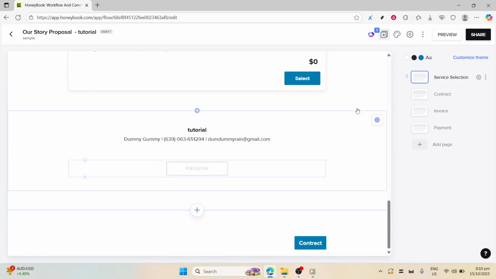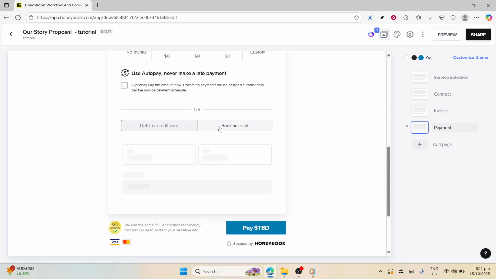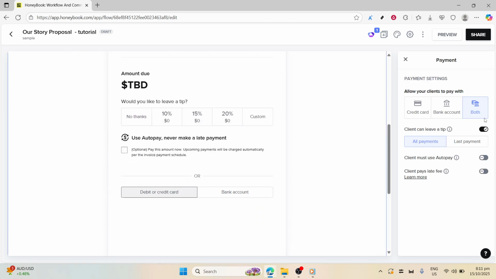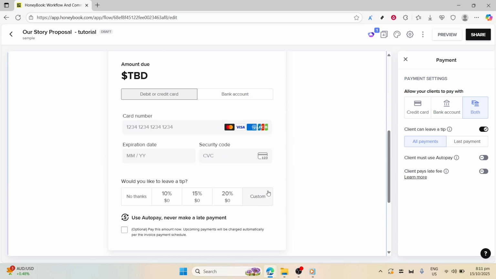Once your proposal is sent and received, it's time to get paid and track everything. As your client signs the contract and makes their payment, HoneyBook will allow you to manage all these details effortlessly. Everything is stored in one place, so you can easily keep tabs on incoming payments and any outstanding invoices. What's more, HoneyBook's tracking features help you stay organized, ensuring you meet deadlines and maintain a high level of client satisfaction. By keeping all documents and payment statuses at your fingertips, you're in control of every detail, minimizing any potential